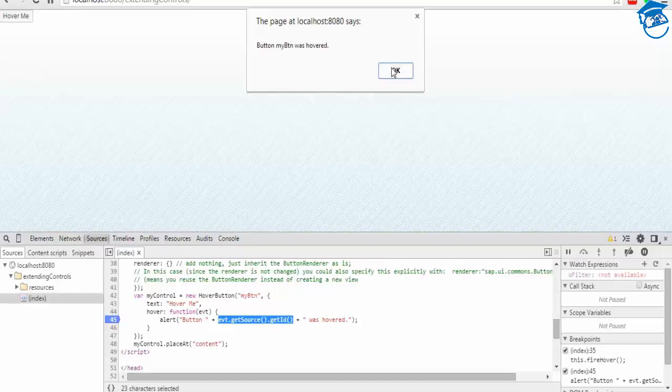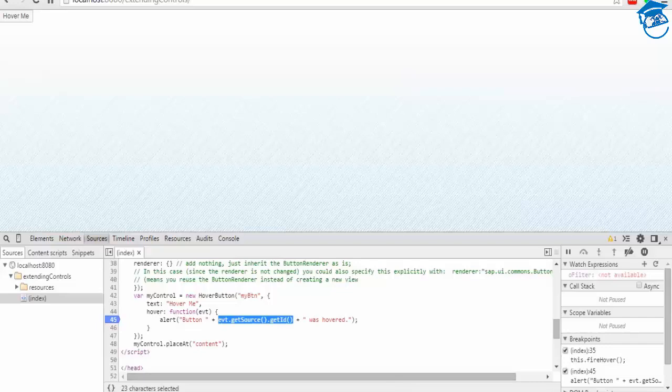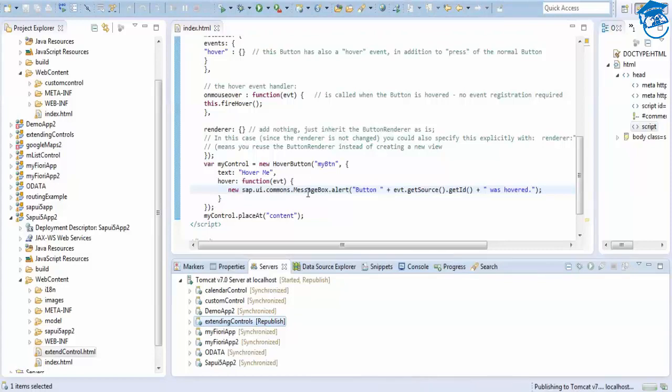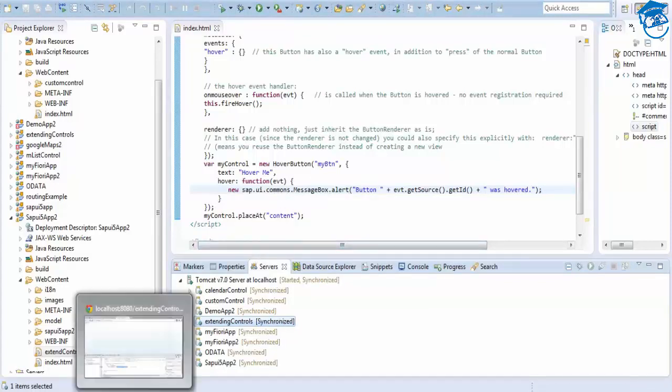So instead of this alert, I'm going to place a standard SAP UI control, so this text will be the same. Now I'm going to do a return sap.ui.commons.MessageBox.alert, and then it is new. Just use play this new and give this button. We'll see whether it is coming or not when we are not returning it. So we'll see the behavior now.